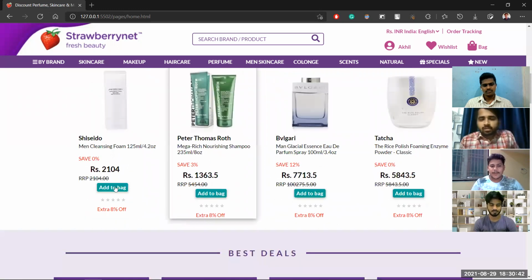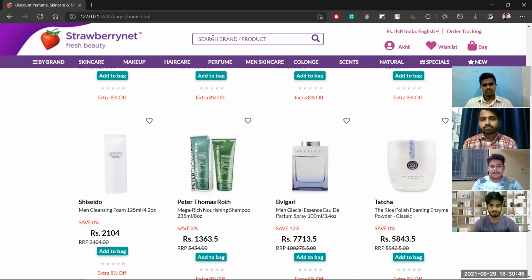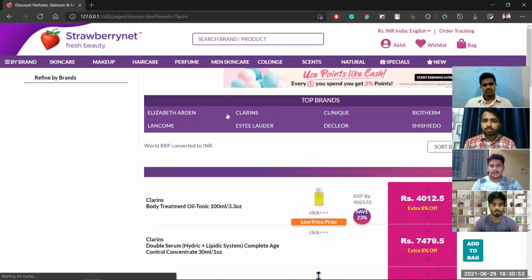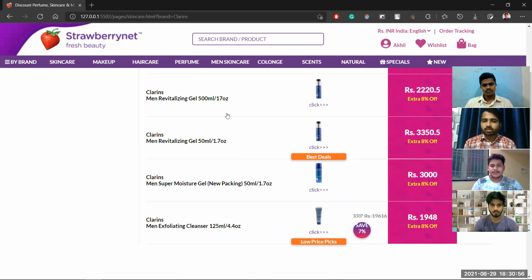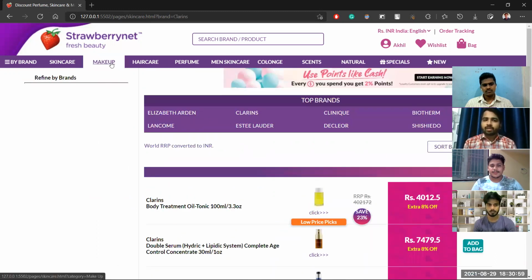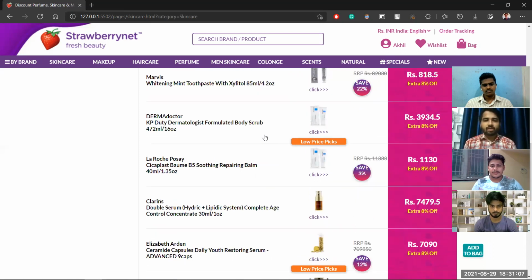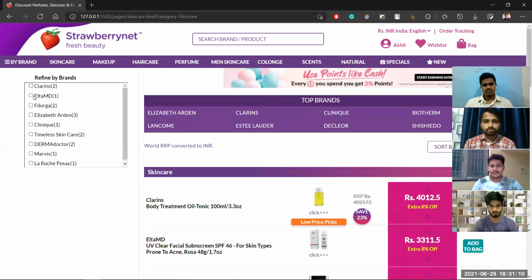Right. In this header, you can see that we have added the search functionality where you can search the products by brand name. If we click the brand here, we will be led to a page where we can see all the products of that brand. If we click a category in the header, you can see all the products of that category. You can also refine this category by brands. If you want to see products of a certain brand, you can do that. If you want to sort the products by biggest discount, name, brand name, or price value, you can also sort them.